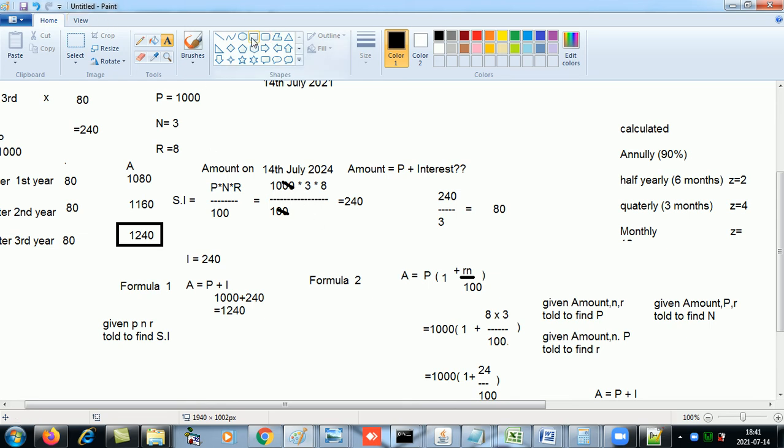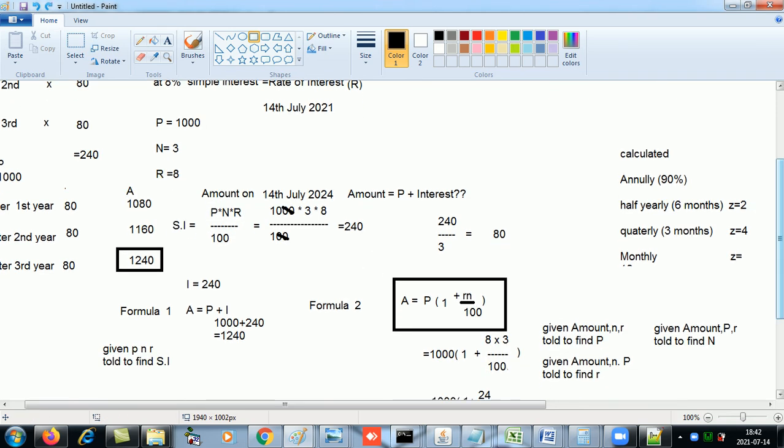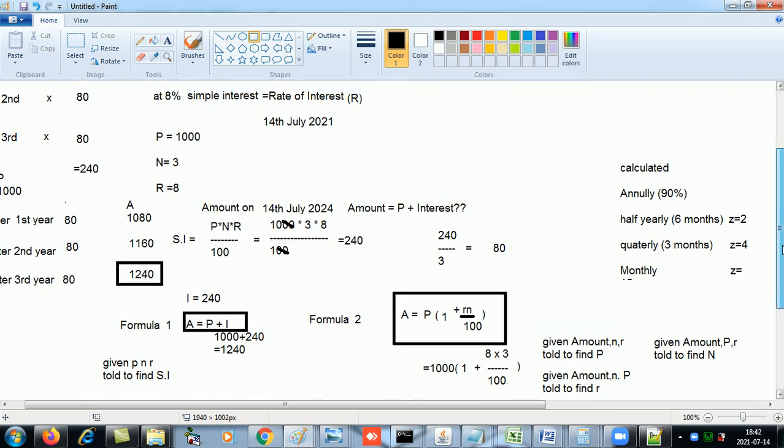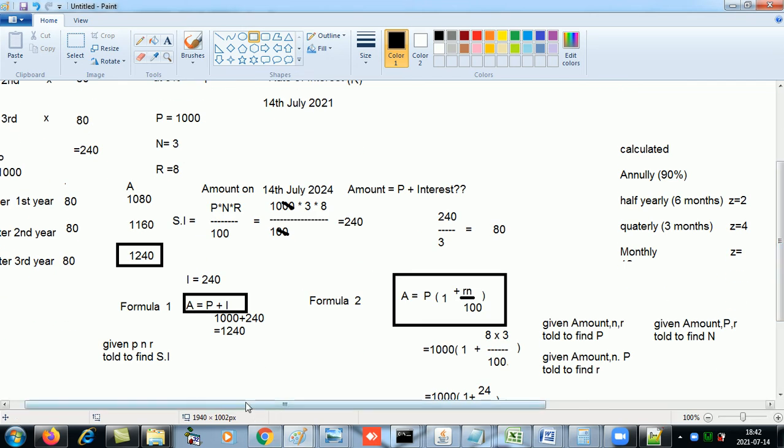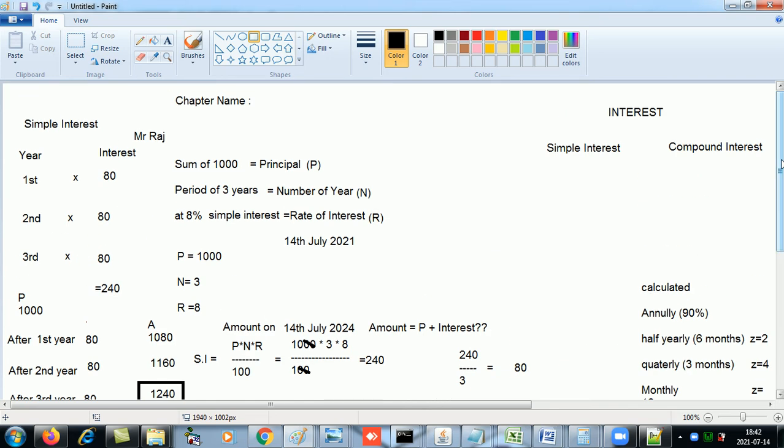This is the second formula, Formula 2. Formula 1 was over here, but formula 1 is of interest, right? So formula 1 to calculate the amount is to calculate the interest and then add it to the principal. You can also calculate the amount directly. So this was all about simple interest. The interest added is the same every year. This is what we had discussed.